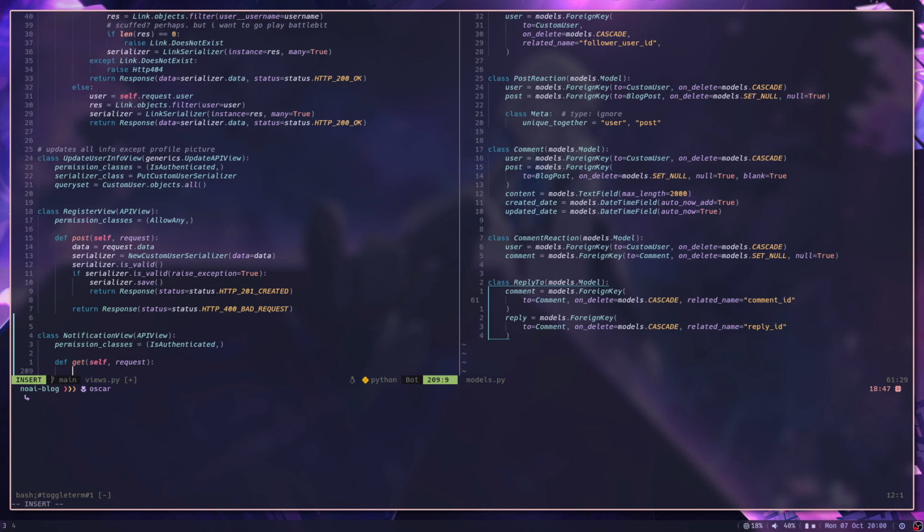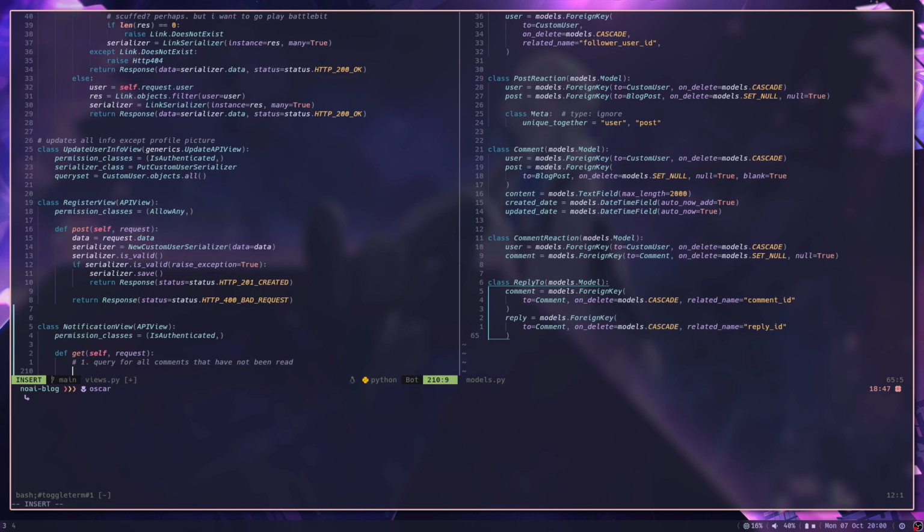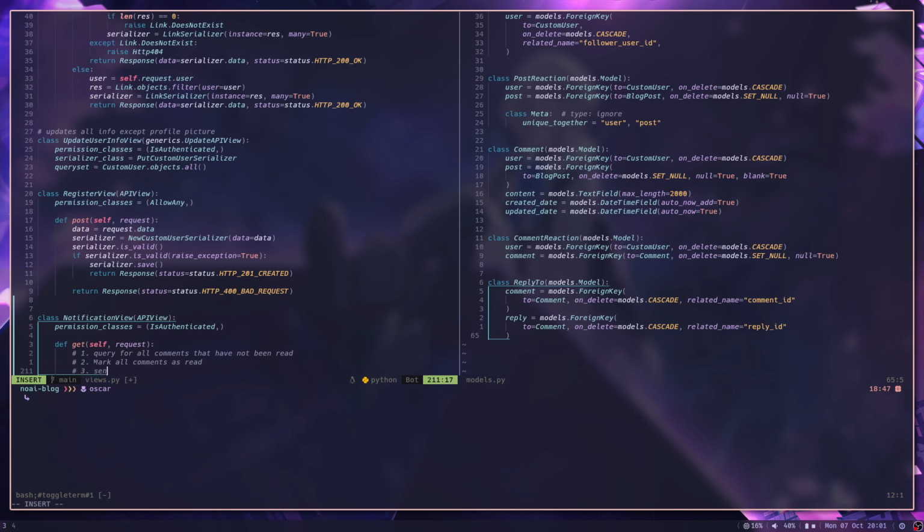So one, we query for all comments that have not been viewed or read. Let's say read. Before I do anything else, I do need to think about how I'm going to query for that with this model setup, not the comment reaction, but just the comment and reply tables. But I'll figure it out. So we query for all comments that have not been read, mark all comments as read,